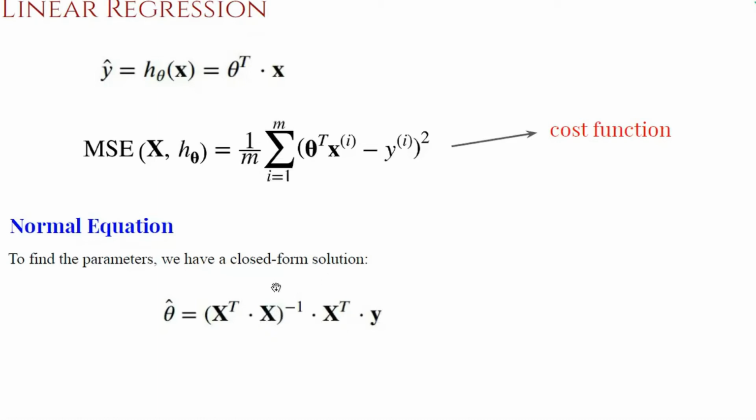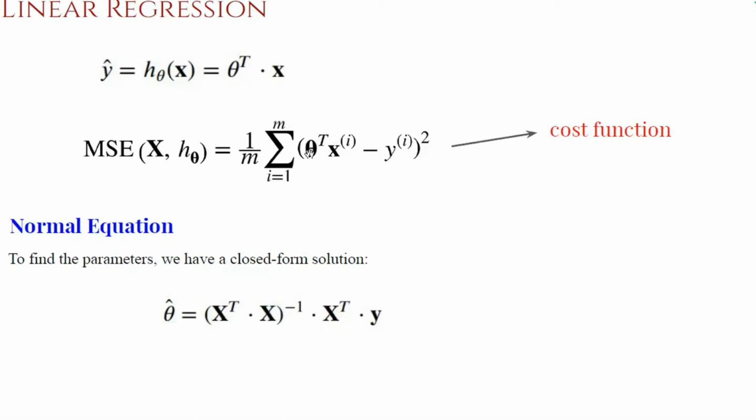We don't actually need to go to the derivation of how this expression was derived, but this can be derived from this equation by taking the first derivative and equating it to 0 and solving for theta. We get this expression. So that is how we obtained it, but we don't need to go through the derivation. So this is a closed form solution, and many machine learning tools also use the closed form solution to find the best model parameters.